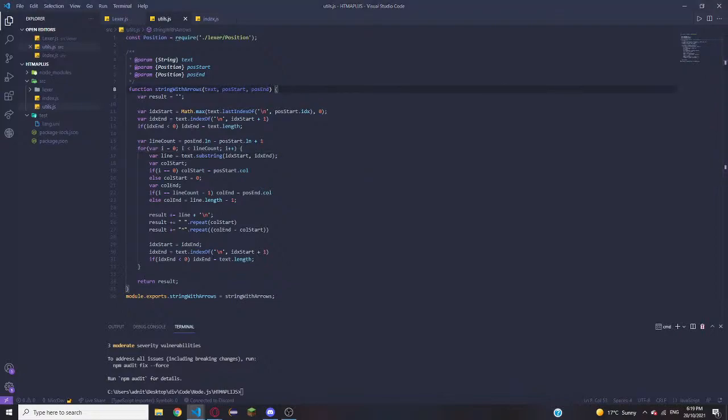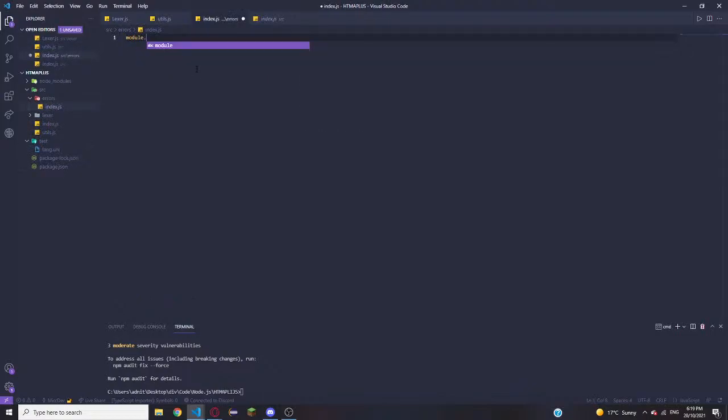Let's move on to our errors. So our errors are going to be in a new folder. Errors. Here we go. We're gonna say index.js. Module.exports equals class. And we're gonna call this uniform error. Now we're gonna have a constructor, which is going to take in a position start, a position end, an error